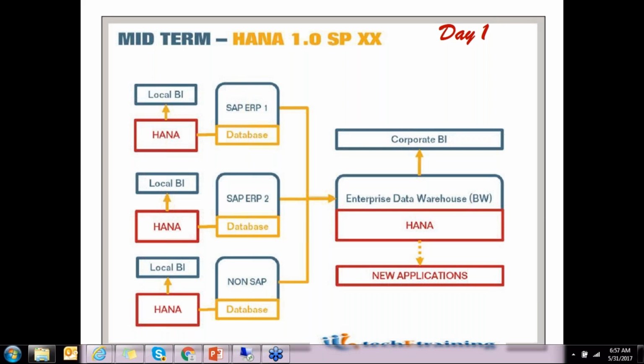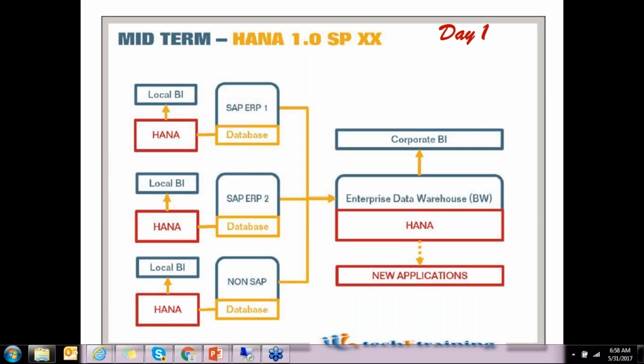So here, parallel to the R3 system, we have a HANA database with the same replicated R3 data. The advantage of this sidecar approach is that we can create performance-oriented reports directly from HANA, because we are replicating the database into the HANA database.